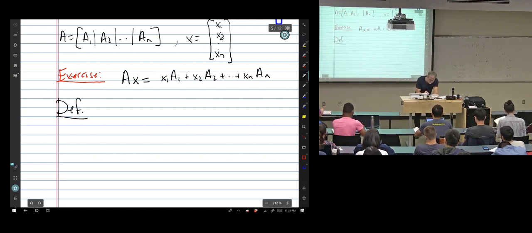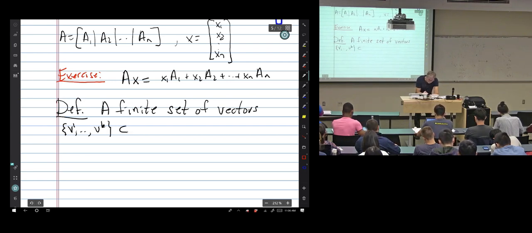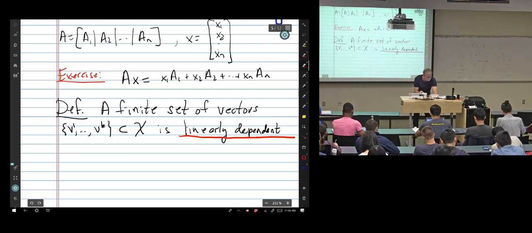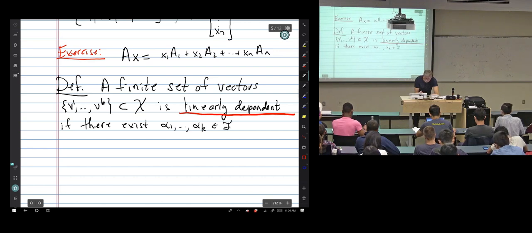Definition. A finite set of vectors v1 to vk, elements of X, is linearly dependent if there exist scalars alpha 1, ..., alpha k in F,